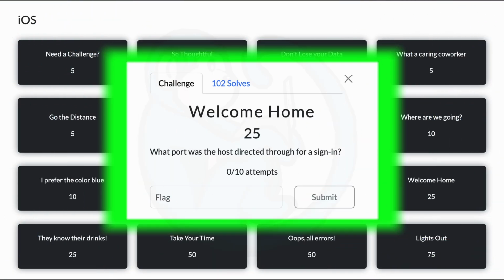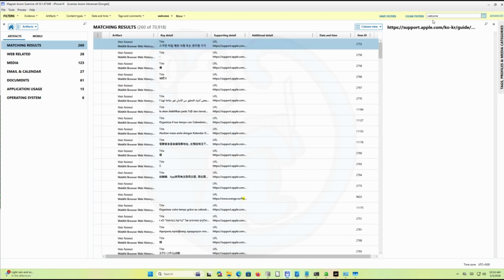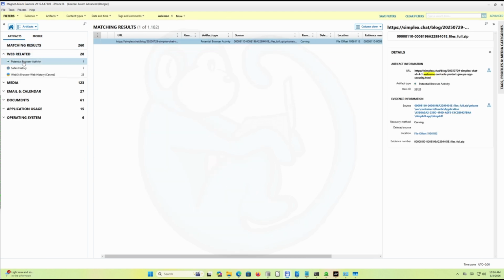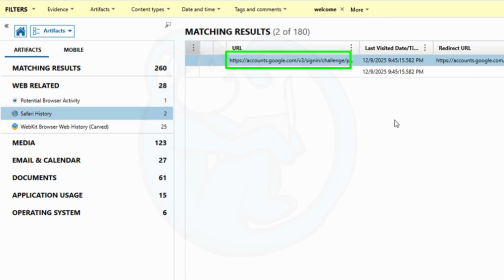Question 12. Welcome home. What port was the host directed through for a sign-in? So here I search for the word welcome, and then under web related, and then Safari history, there is something about an